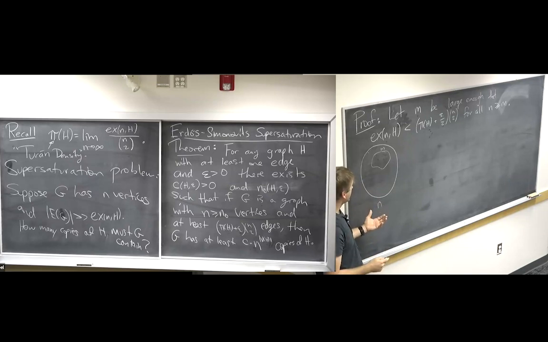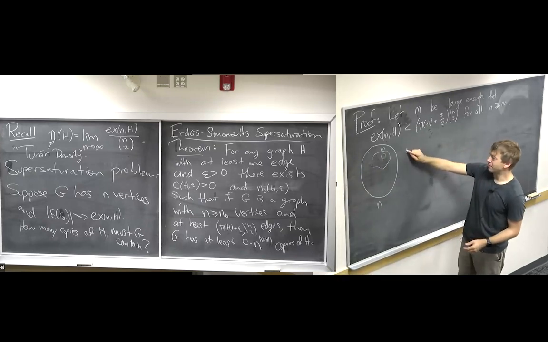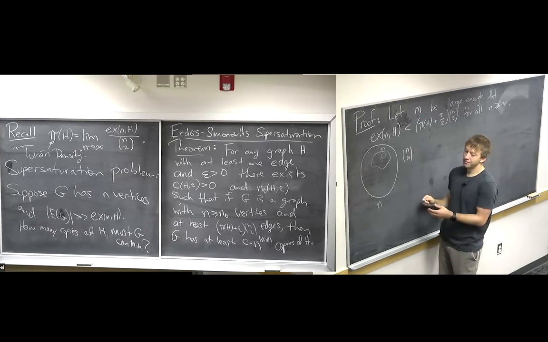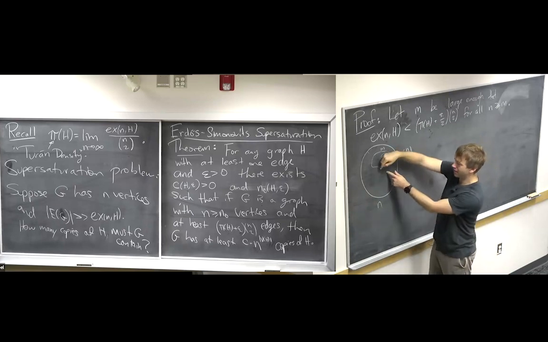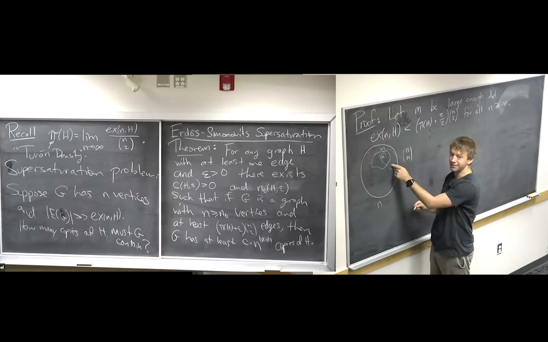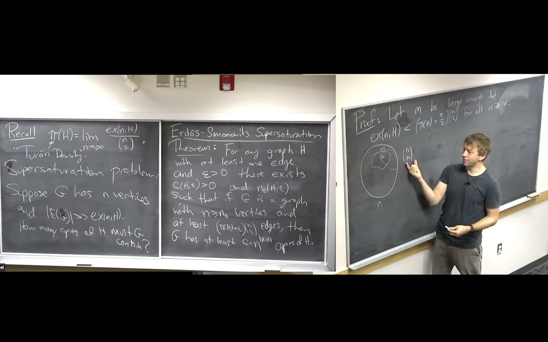And so, imagine every set of M vertices had too many edges. So we would find a copy of H in every possible set of size M. In some sense, it looks like we're getting n choose M copies of H, but we're not actually, because you may count a copy twice, right? If this is a copy of H that I found within those M vertices, I'll also find the same copy of H within these M vertices, right? But basically, any way of choosing these M vertices, I would find a copy of H, and then I would say, oh, well,